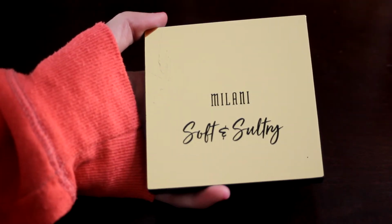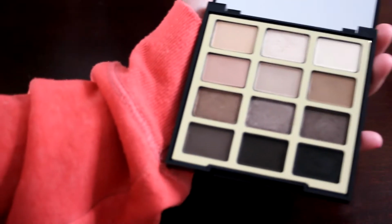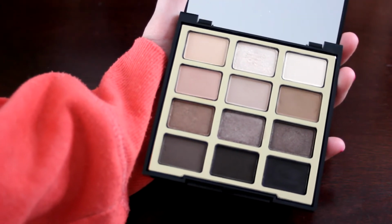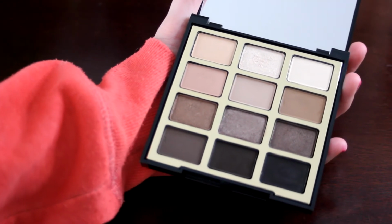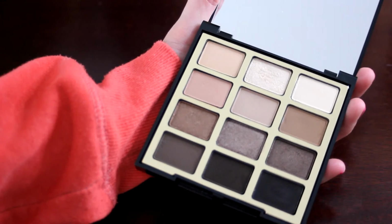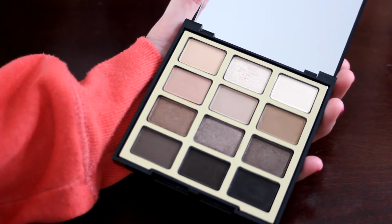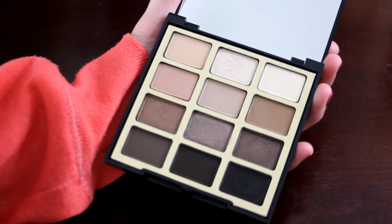So next up we have the Milani Soft and Sultry palette. This one also has super reflective packaging. This one ranked a little bit higher than the Tartelette Toasted palette, just because I feel like I'm more likely to wear these more neutrally cool tones than the warm tones on a daily basis. And this is also one that I take with me when I travel. Not that I've been doing that much lately, but this is kind of my perfect travel palette,